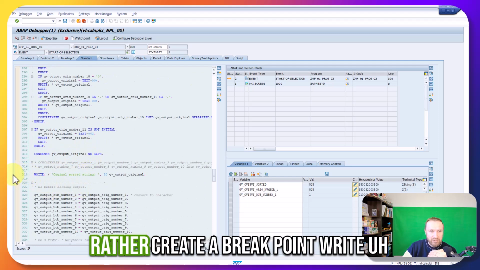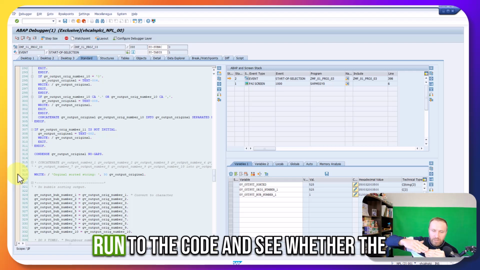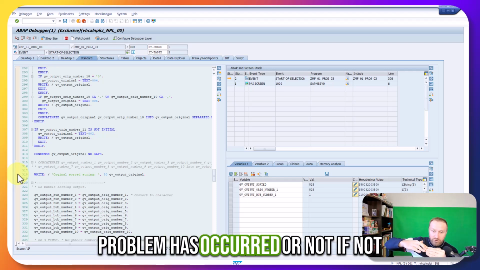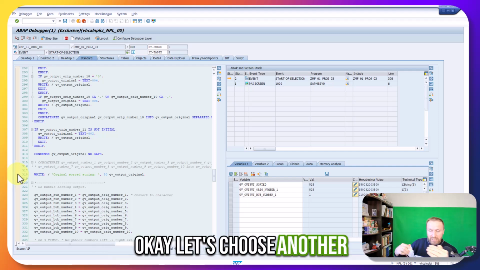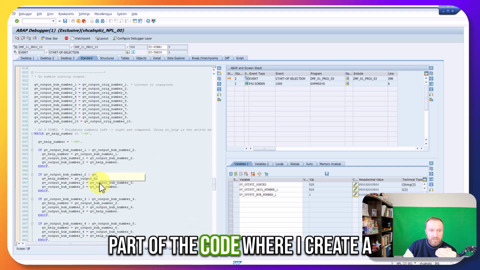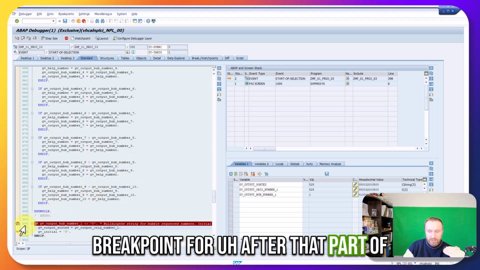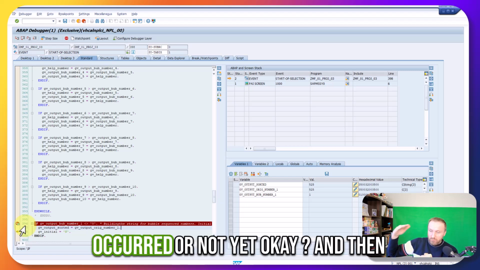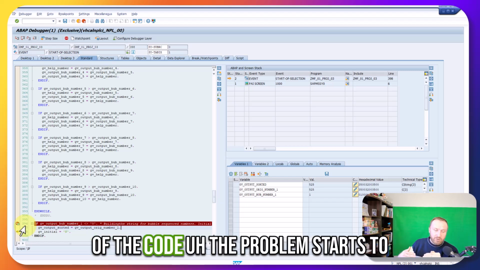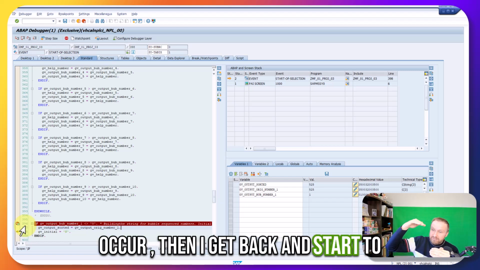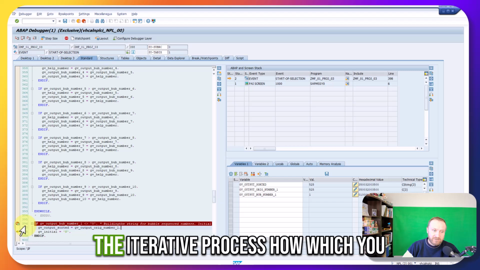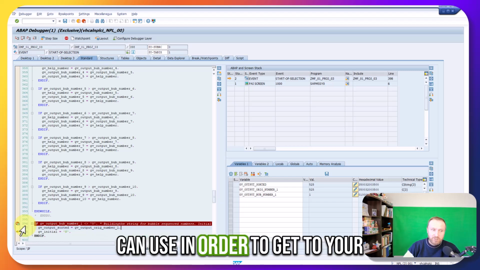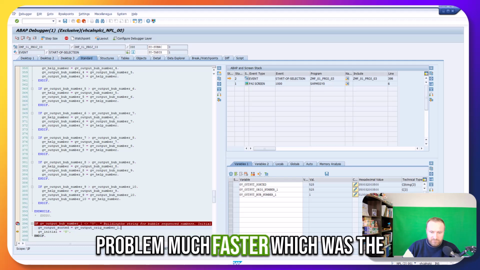So that's why I rather create a breakpoint, run through the code, and see whether the problem has occurred or not. If not, okay, let's choose another part of the code where I create a breakpoint after that part, and then again I start and check whether the problem has occurred yet. And once I see that after a certain part of the code the problem starts to occur, then I get back and start to investigate further. So that's the iterative process which you can use in order to get to your problem much faster,